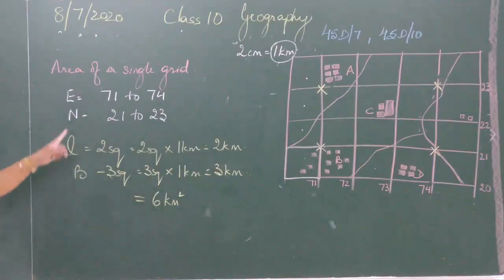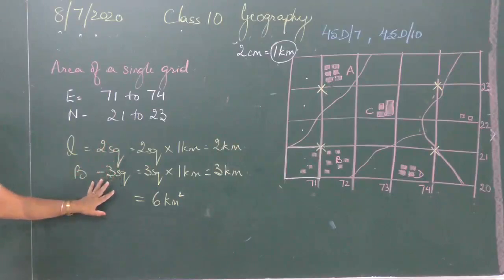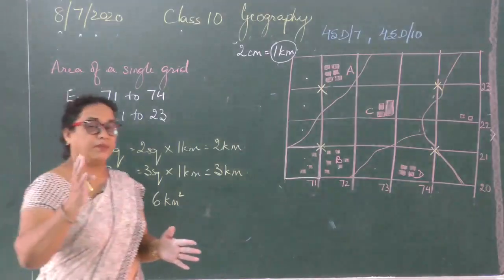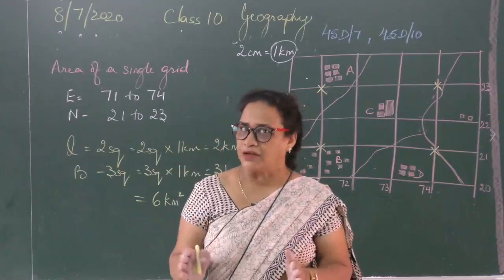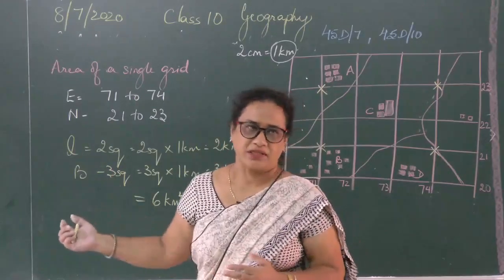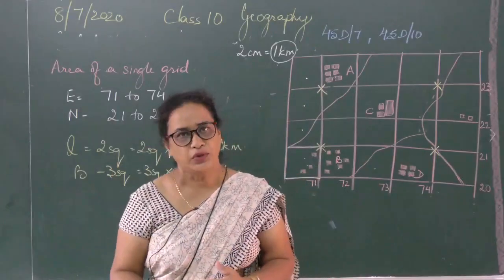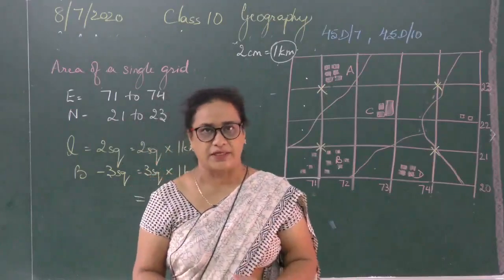3 types of area calculation: of a single grid, of the entire area, or of a limited portion of the area. Okay, so 3 things I have done today, and please practice whatever I have done. Still a bulk of the portion is left. As much as I am able to do in the recordings, I will try to cover. Otherwise, we will have to wait for the classes to resume. In the meantime, I will start with the theory chapters once again. Thank you.